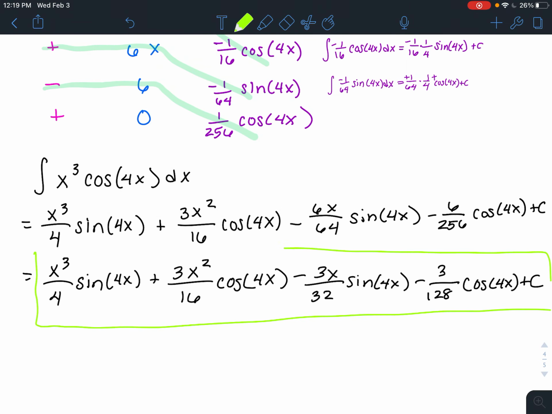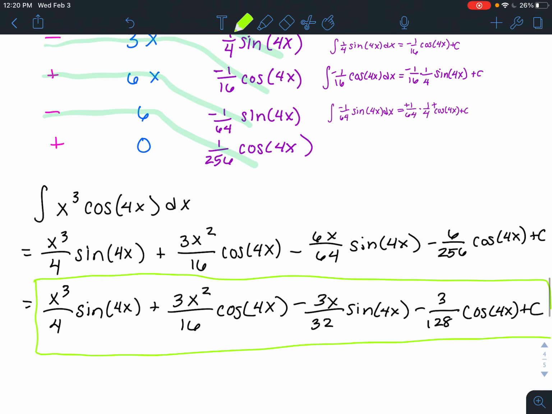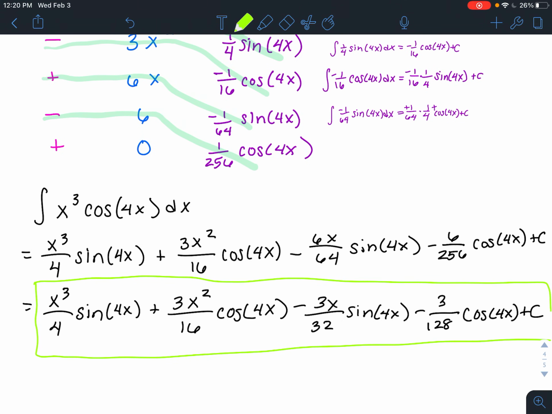So without even writing all of the integration by parts, because this would have been 3 iterations of integration by parts, we didn't have to do all those messy integrals inside of an integral. So now we can just use